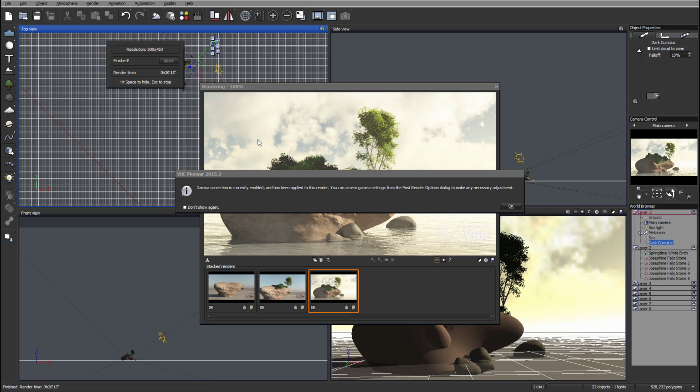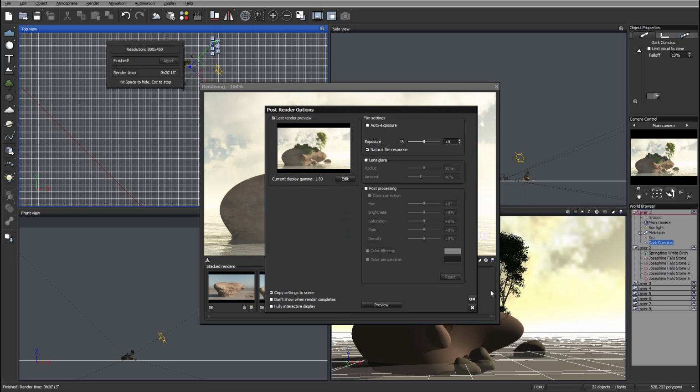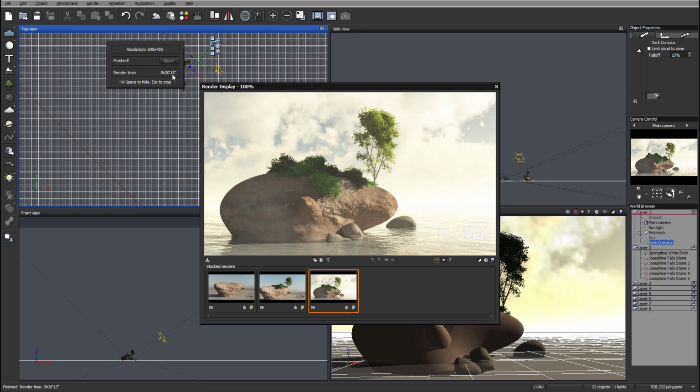Okay, so right here we have our render completed, and you can notice it took 20 minutes, so obviously not 3 hours. We have our scenery that we created inside Vue with custom clouds and an adjusted custom atmosphere effect as well. We created our own rock island and worked with some of the materials for this. So hopefully this will provide some inspiration for you to go and explore a little bit more inside the Vue